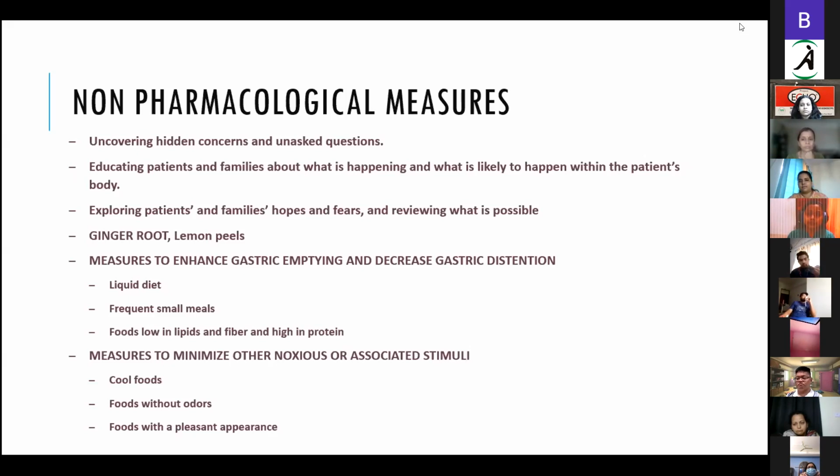Even when they are being present, when they are given meals, when they are provided with their meal times, avoid any particular food with certain strong odors. When we cook in our Indian households, there's a lot of use of spices. Different foodstuffs, when cooked in a particular way, might lend a strong odor. So to avoid that, we have to try and find ways how we can mask the odor of it, mask the sight of it, and give foods like that. And presenting it in a more pleasant appearance might relieve the trigger of nausea or vomiting.